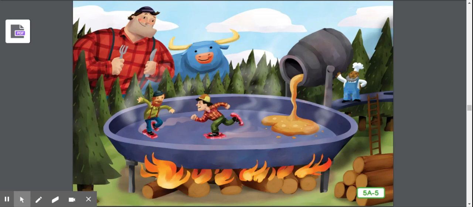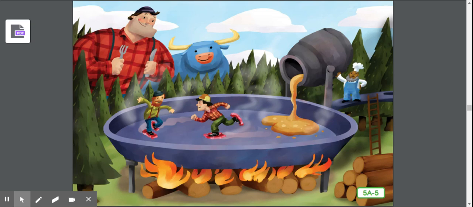The lumber company figured the best way to keep Paul Bunyan happy was through his stomach. So they hired a special cook to feed Paul and Babe. Why would the lumber company want to keep Paul Bunyan happy? The cook's name was Sourdough Sam. Sourdough Sam was known for the giant flapjacks he cooked in the world's biggest frying pan. Flapjacks are just another name for pancakes.